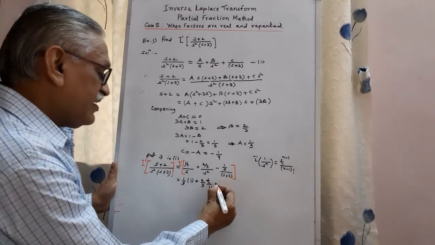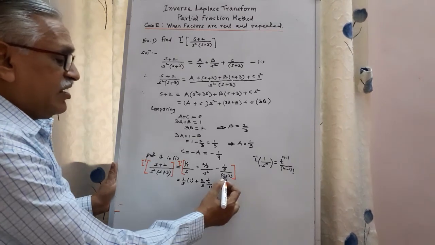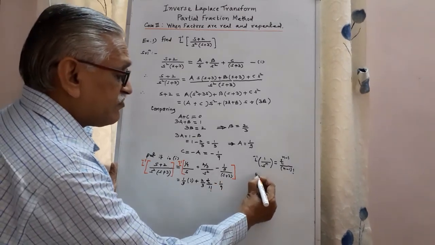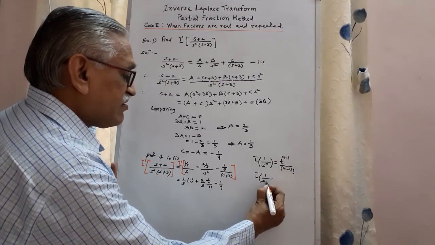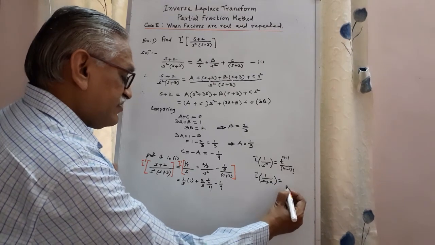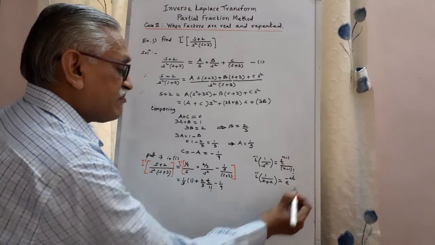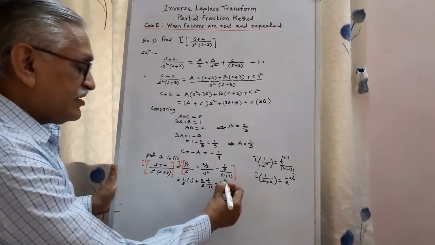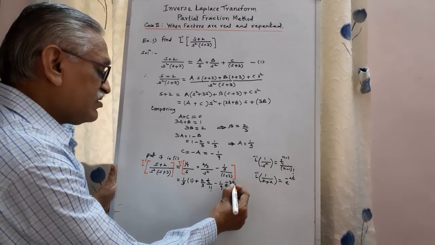Okay, then minus 1 by 9 inverse of 1 upon s plus a, again standard result as e raised to minus at, and by that standard result its inverse is e raised to minus 3t,